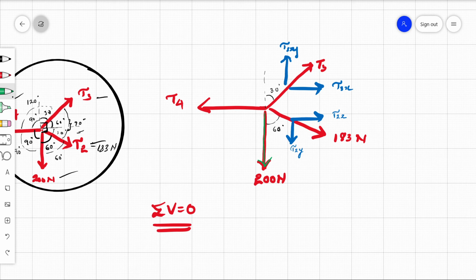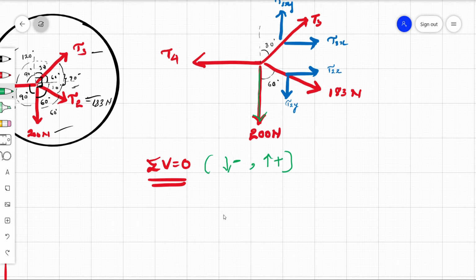But we need to assume something. What we are going to assume is that all the downward force is negative, and all the upward force is positive. Because we need one side to be positive and one side to be negative so that we can add them out. If two forces are going in the same direction, we add them. If one force is going in one direction and another in the opposite direction, then we negate. So to understand that, I'll make upward positive and downward negative, as a symbol.